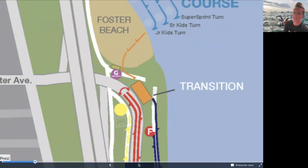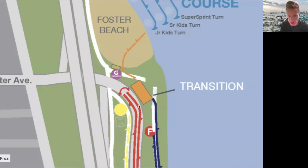So this is the Saturday race. If you are doing the super sprint, this orange box right here is going to be the transition area for you. Swim is at Foster Beach. The bike, as we talked about, is on this inner Foster Avenue road, and then the run is on the lakefront path. So you're going to come in from the swim, and if you just follow the orange arrow up on the top east corner of transition,